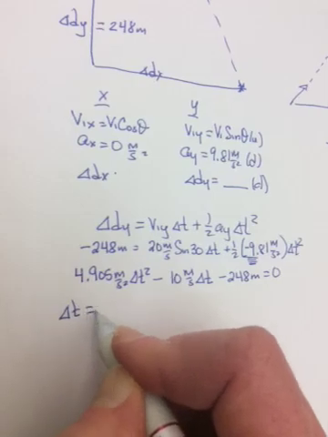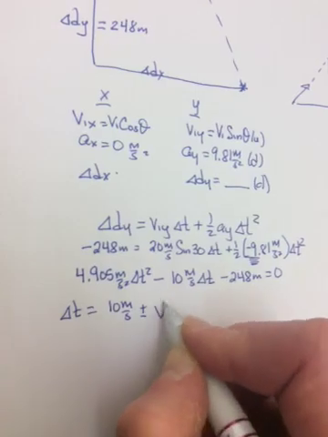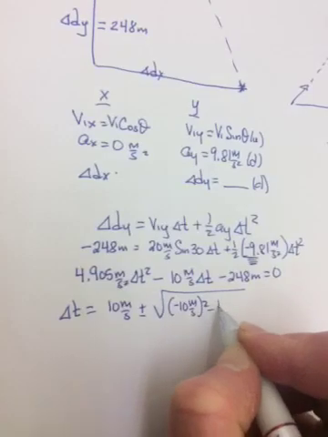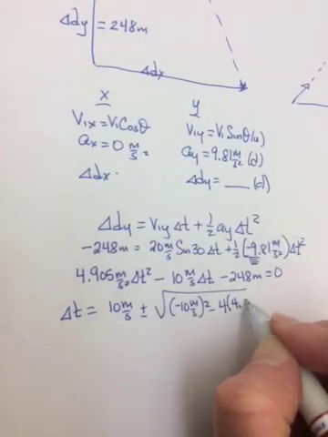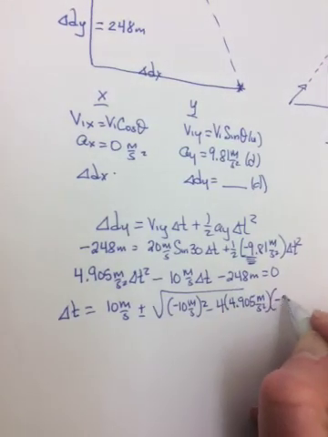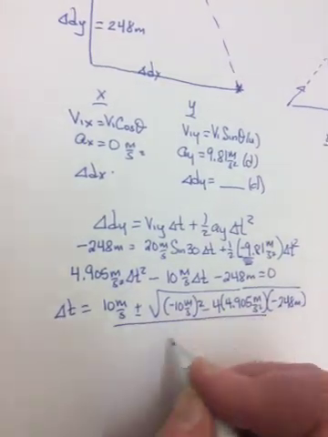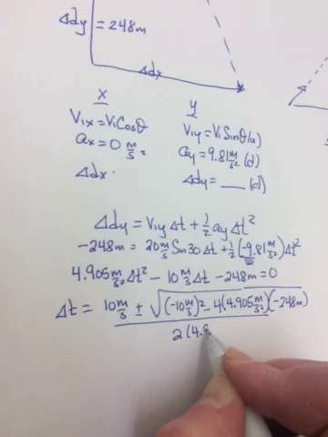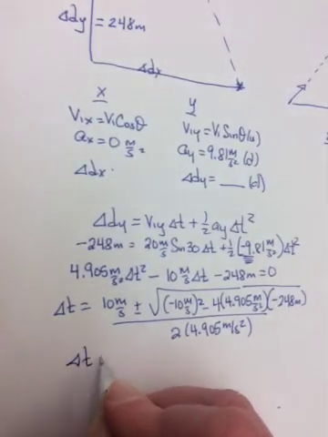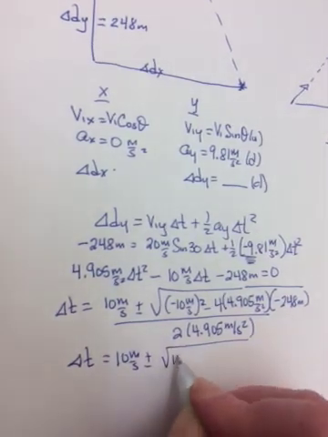So delta t will equal negative b, so positive 10 meters per second, plus or minus the square root of negative 10 meters per second, squared, minus 4a, 4.905 meters per second squared, c, minus 248 meters. And then all of this is going to be divided by 2 times 4.905 meters per second squared. So delta t will equal 10 meters per second plus or minus, under the root, this first term will be